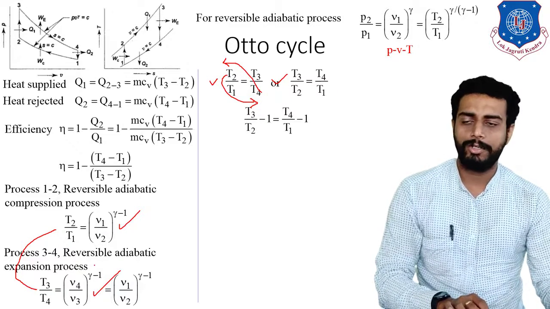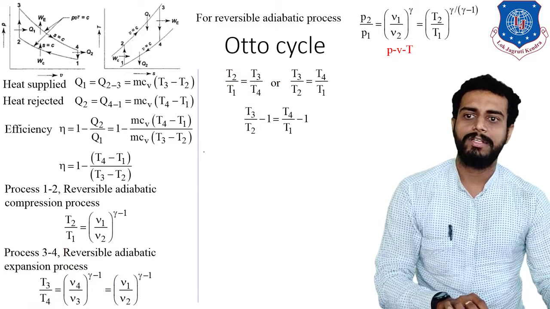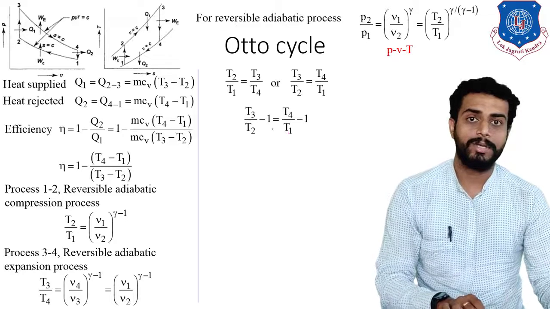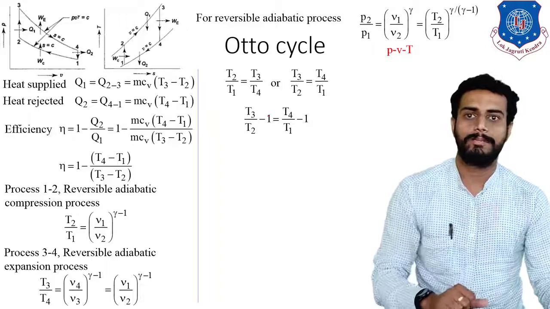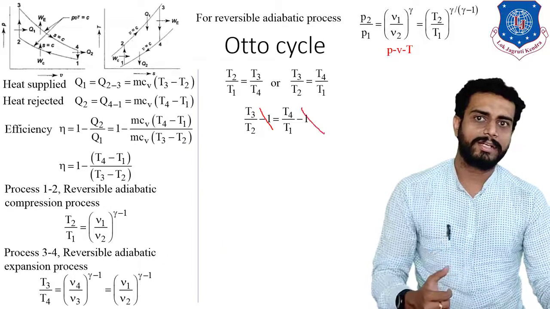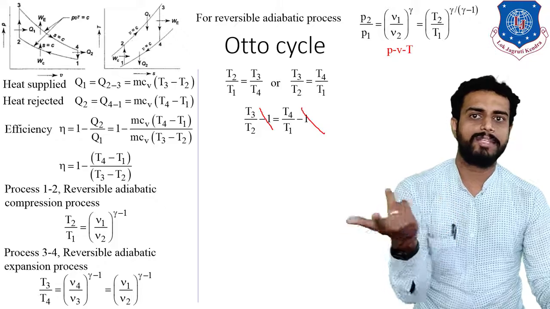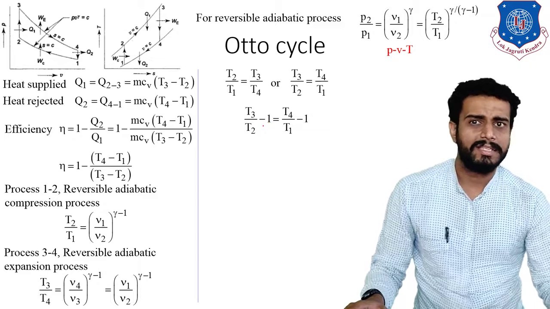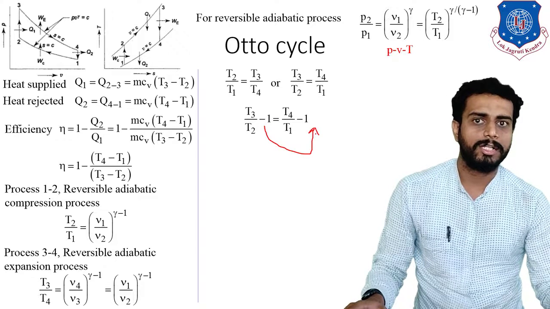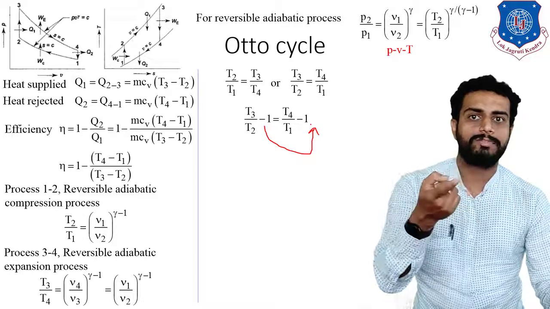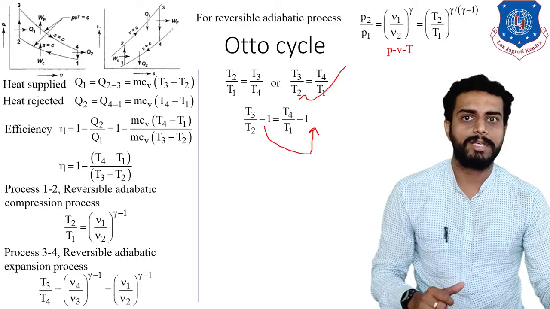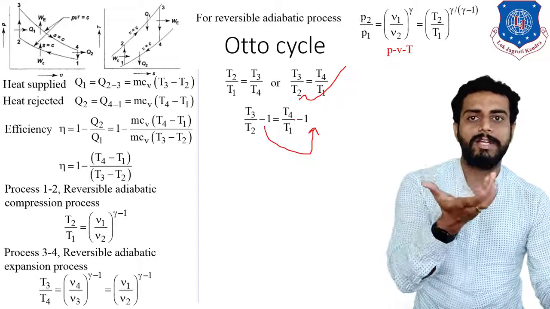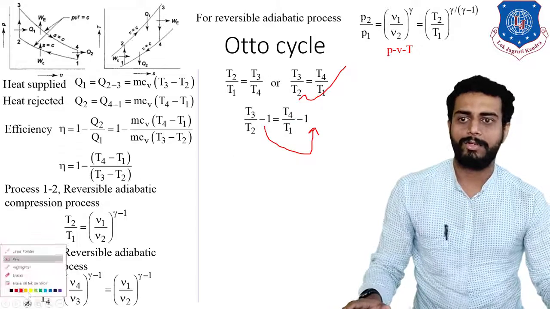Now in the next step I will add minus 1 on both sides. That is also right from the mathematical perspective. Because if I do so, this can be neglected and this can also be neglected, so the net effect will be 0. If you have doubts on how this can be neglected, see, this is -1. If you take this -1 to the other side of the equal to sign, it will be +1. So -1 and +1 will make 0. That is nothing but the same equation. That means if you add -1 on both sides, the equation will remain same.